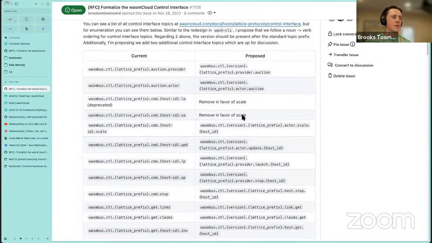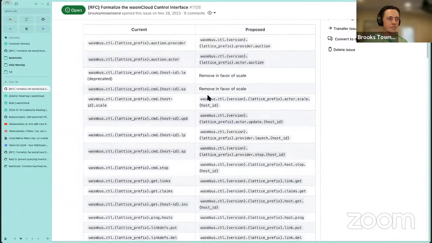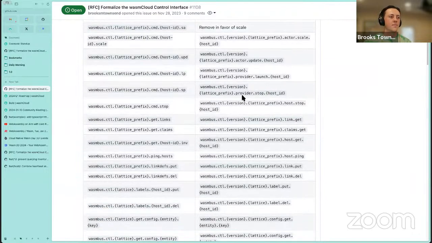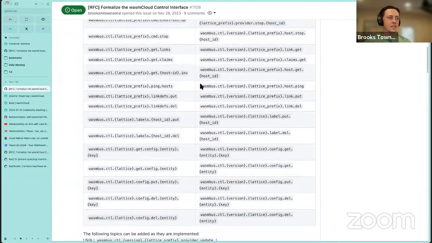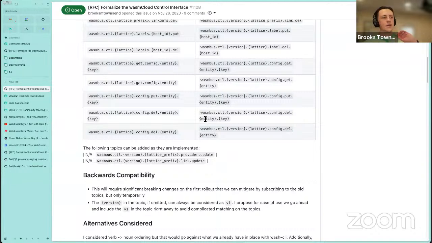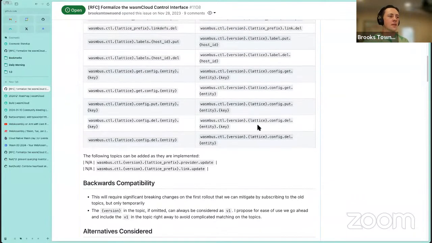our control interface protocol. We have tons of different subjects that we use to communicate between clients and a wasmCloud host to say, hey, go start this actor, go scale this actor, update, do things with providers, links, all of those things. They're all laid out in this table. And essentially, this RFC is all about proposing a common format, and that both kind of protects us from backwards incompatible changes when we look forward at a 1.0, and